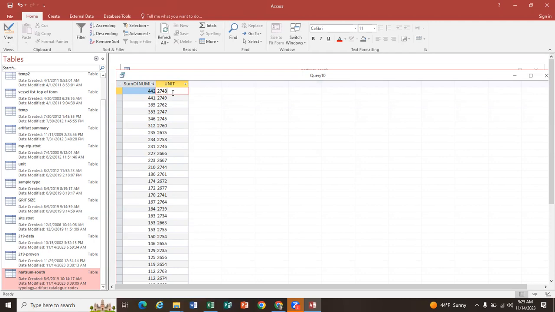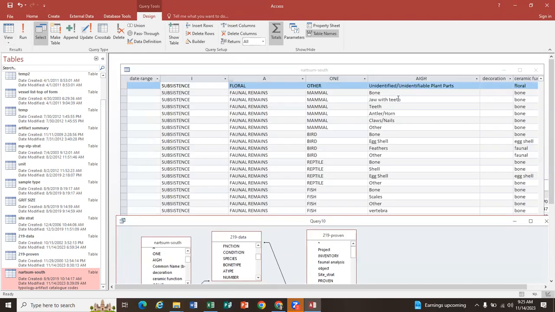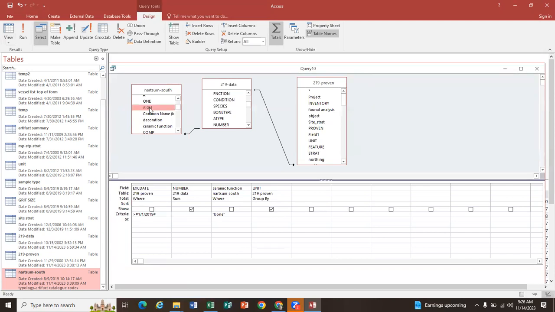I mean, to build off of Alex, we do cow teeth versus pig teeth. Mhm. We could try that. That's true. No, you're absolutely right. So what will you put in here to get at that? So under AIGH, that's where teeth is. So I think under species, we could put cow versus